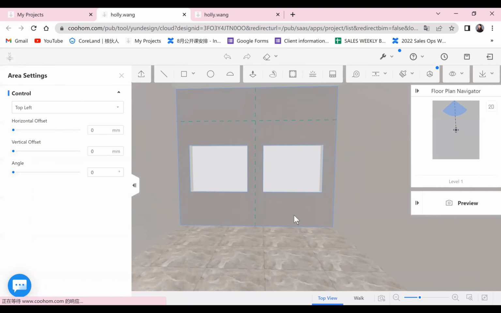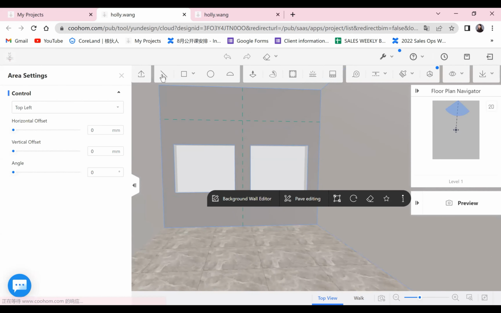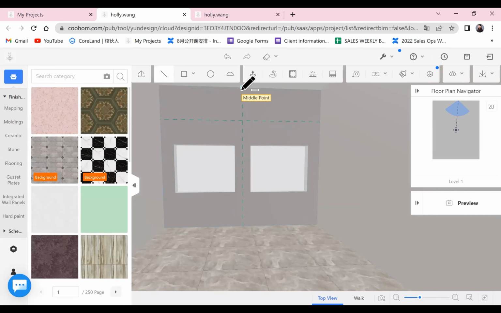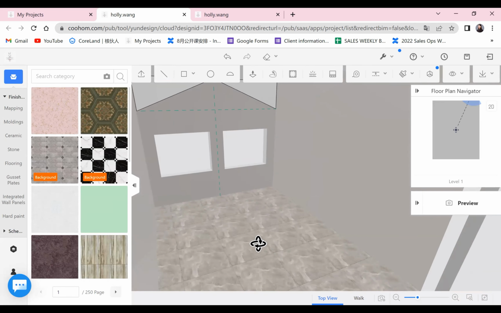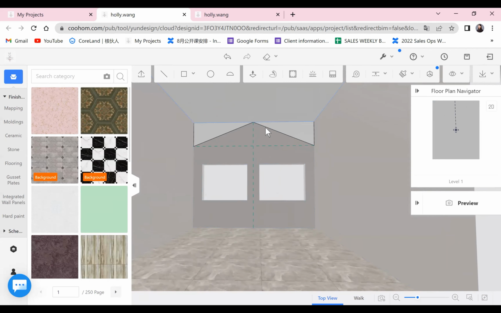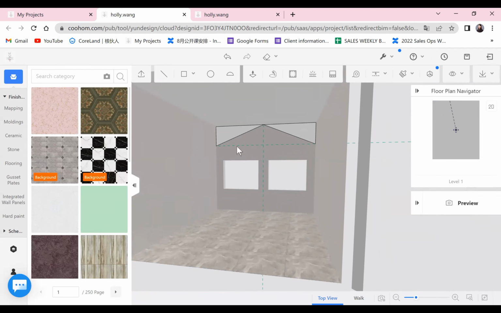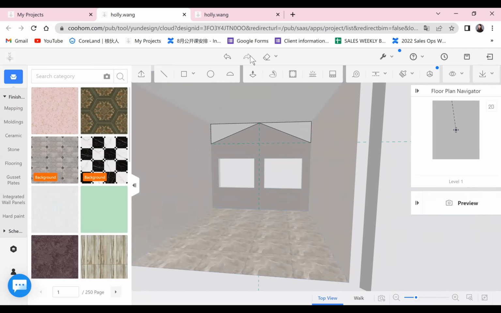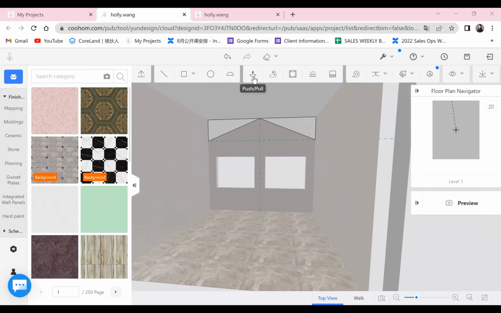Let's draw the shape first. I will use the line. Now you see the arc of the ceiling. How can we make it like a ceiling? Here we have another very useful function called push and pull.